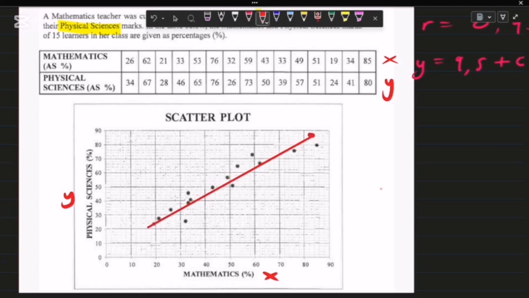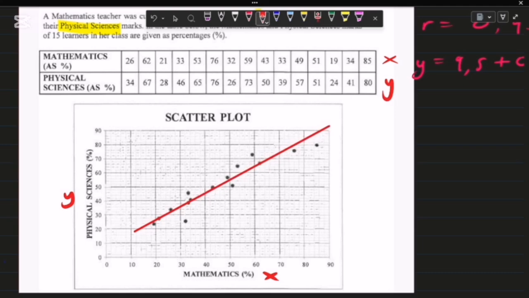Mm, no, that's not the line that I'm looking for. Let's try again. Mm,